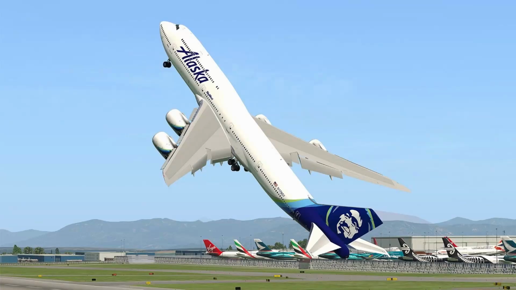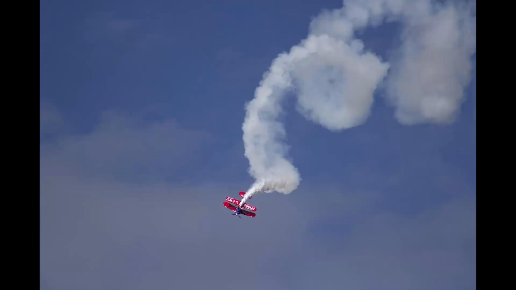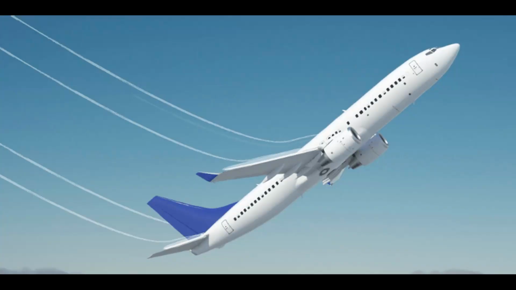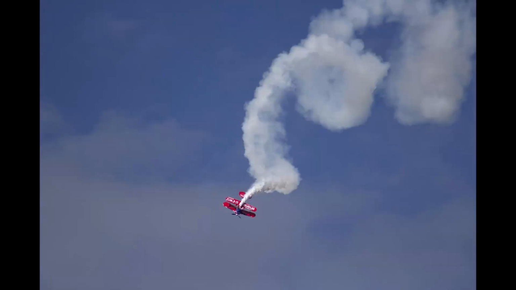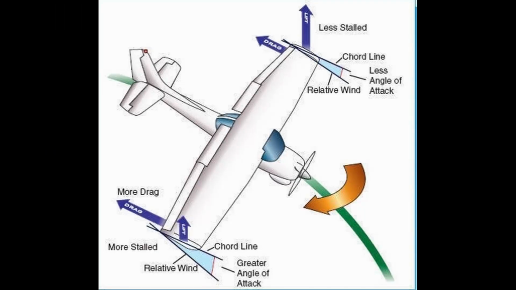If you're practicing a stall and you recover incorrectly, you could enter a secondary stall, or worse, a spin. A spin occurs when the aircraft is both A, stalled, and B, uncoordinated, meaning the tail isn't following the nose in a straight line. In a spin, one wing is stalled more than the other. In other words, one wing is producing more lift than the other wing.